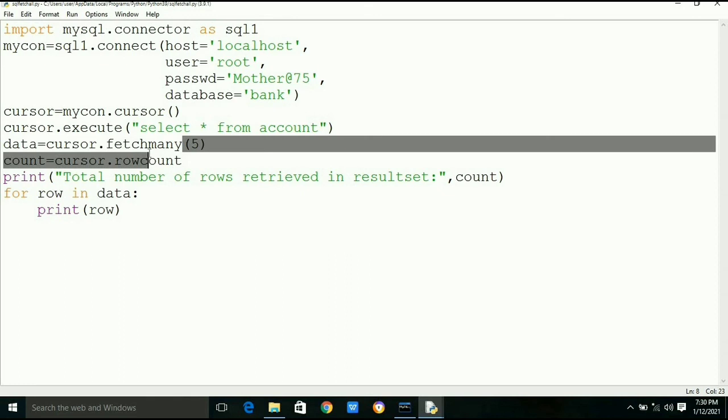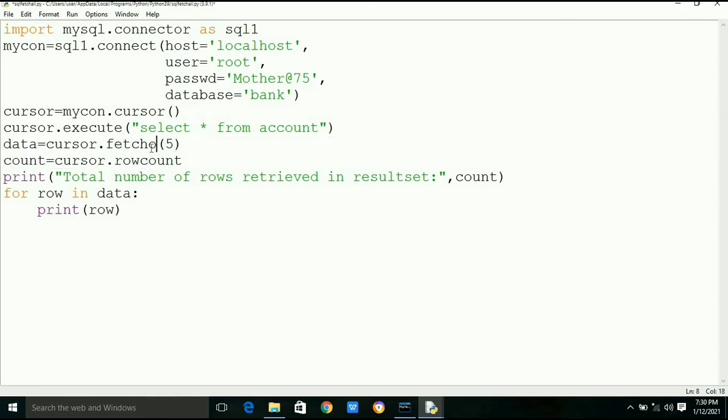Now we will see how to extract only one record at a time. For this we have to use the fetchone function: data is equal to cursor dot fetchone, and we do not have to loop, so we will delete the loop.